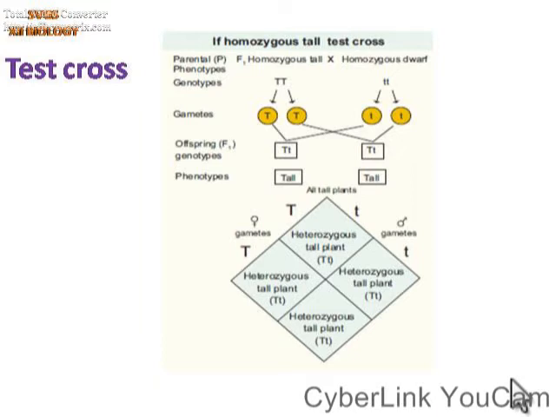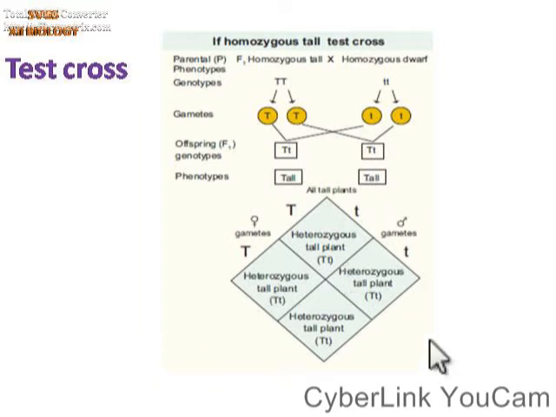So this is how the test cross has been done in the homozygous tall plant. In this we have the dominant alleles, and here we have the recessive alleles. The combination of dominant and recessive allele will be in the offspring. That is, in the F1 generation, the combination of dominant gene and recessive gene will be produced. So the phenotypes will be all tall plants, because the dominant allele is present. So tall plants will be produced.